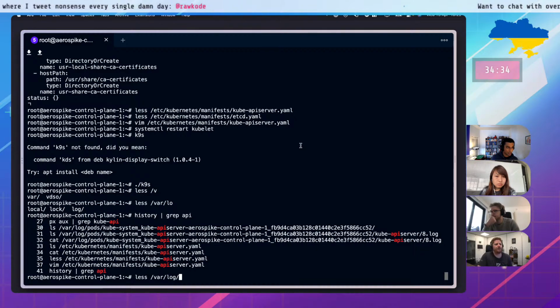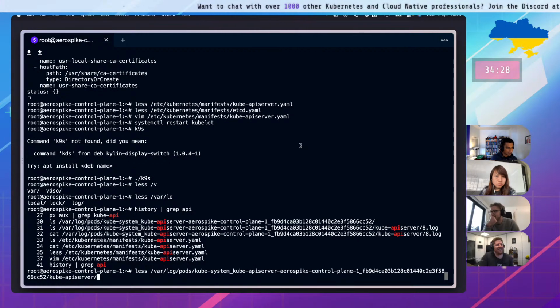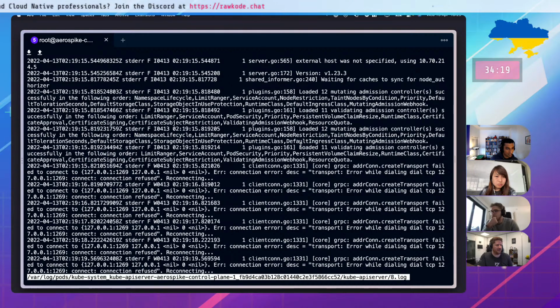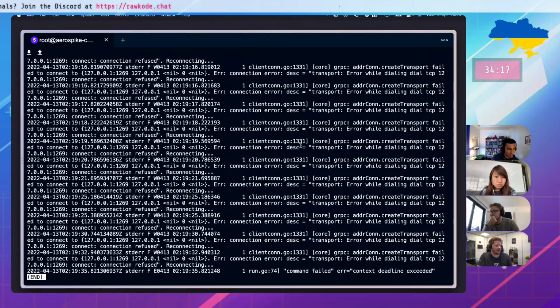So I would hope so. Yeah, it's the same, right? And the restart count hasn't incremented, so I'm not confident that we have an API server. This is 4 minutes ago still.